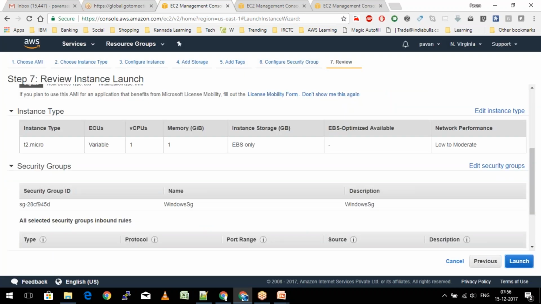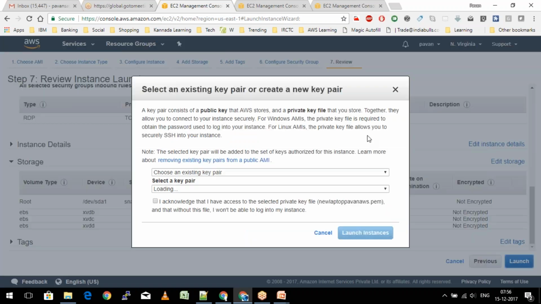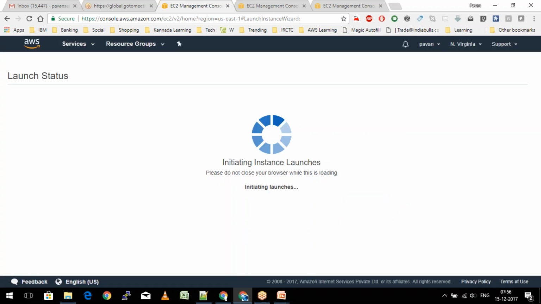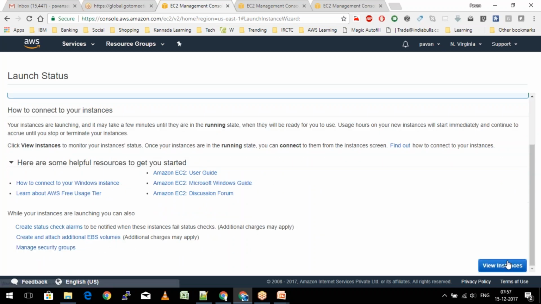Just recheck the storage details. Yeah. I'm going to use the Virginia key pair to go ahead and launch this and click on launch instances. So we'll wait for this instance to come up in a little while.